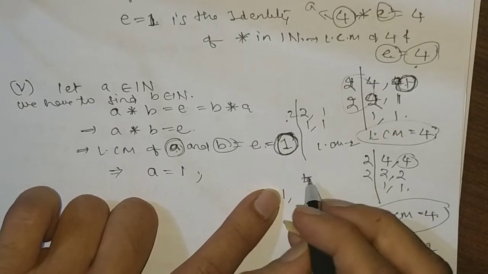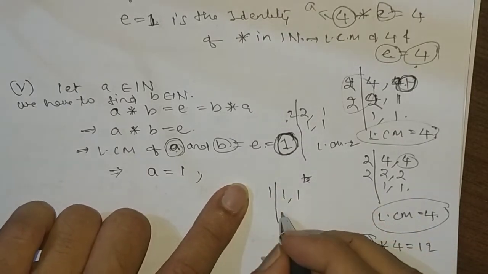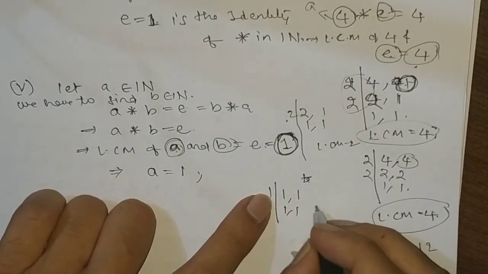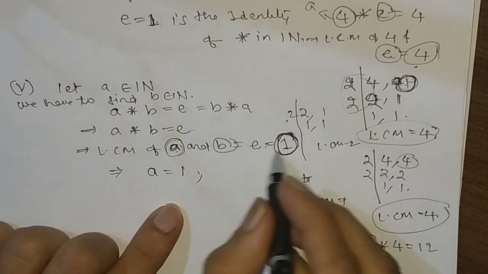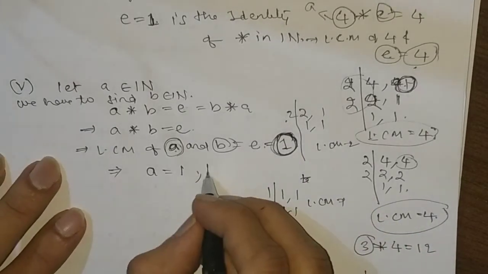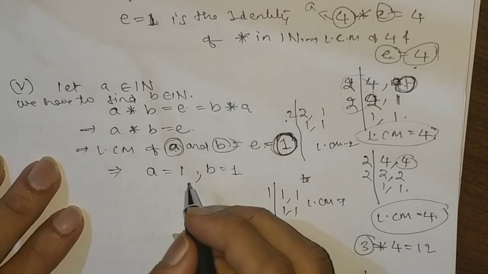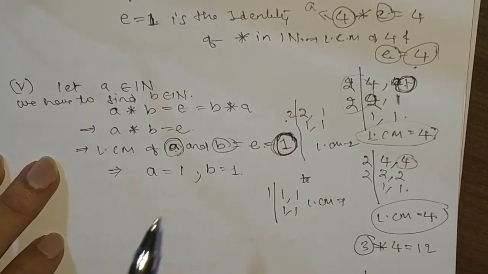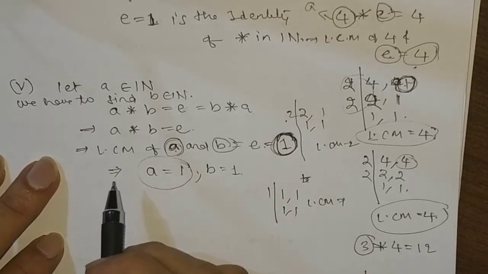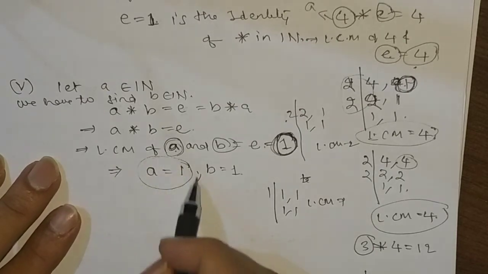So you get the number 1, so that will be 1 only, because 1 times 1 is 1, so LCM will be 1, okay. So the answer will be 1 right here, so the element B will be 1. So what you find is the only invertible element is 1, because if we take any element greater than 1,